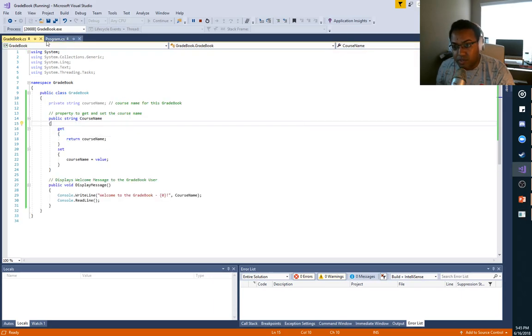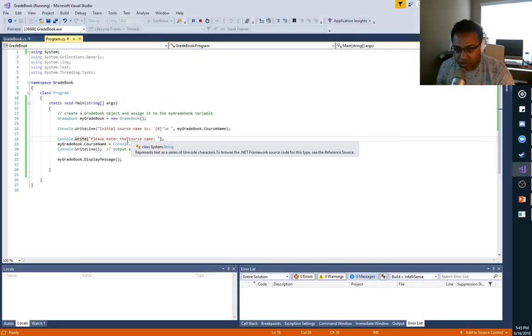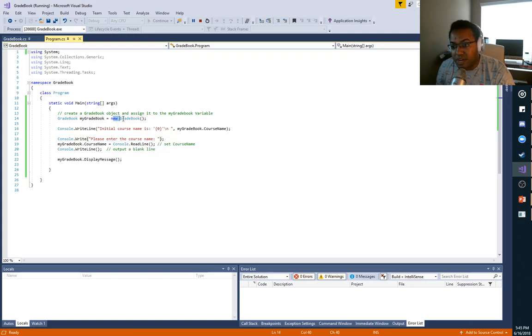What happened was, and it's going to take a little bit, so bear with me. New gradebook created an instance of the class gradebook, and it assigned it to the myGradebook variable. So now myGradebook contained everything that's in gradebook. And now there's an instance of the class gradebook in this variable, which is, of course, data type gradebook, so it'll run correctly. Then I said, I want you to print this string, and I want you to add myGradebook.courseName